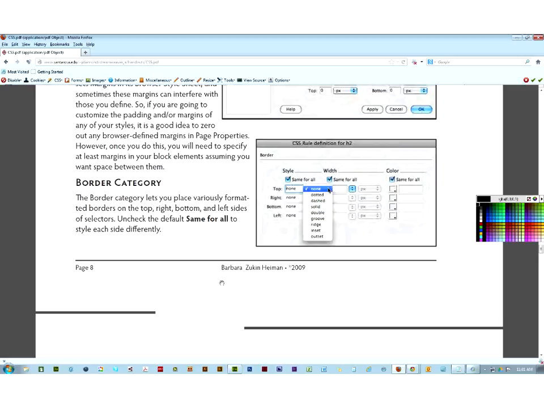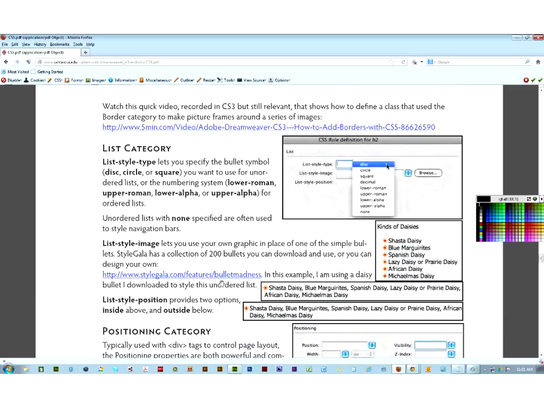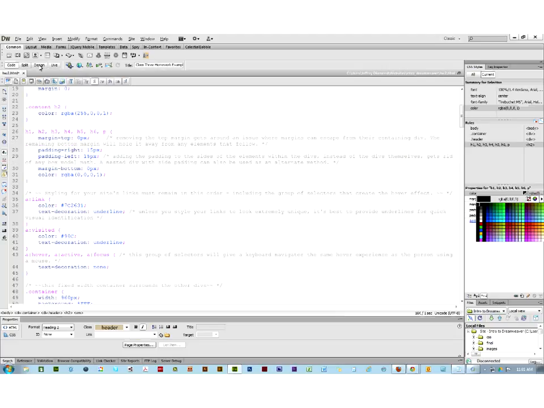Then you've got the list category. The list category is important when you're working with unordered lists that you don't want to have a disk next to the list. For example, when you have a web page like this page right here,